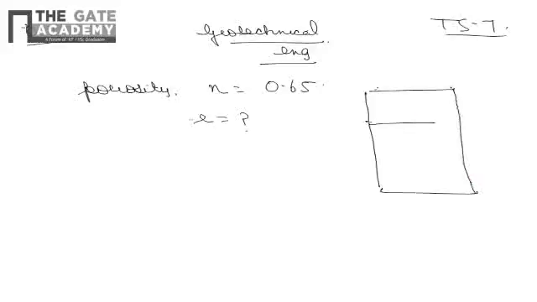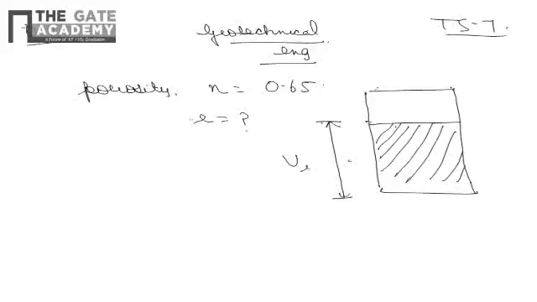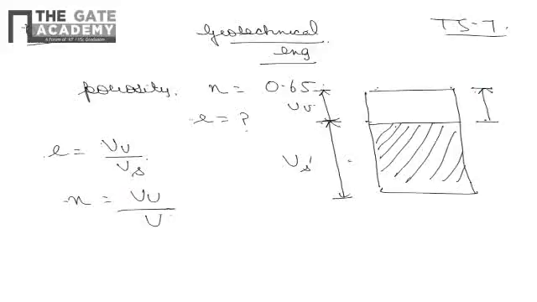So if we talk about the two definitions, let us say this is the soil mass which is having volume V, and this is the voids, which is represented by volume of Vv. Now if we talk about the definition of e, or void ratio, it is volume of voids to volume of solids, and porosity is volume of voids to total volume. So if we write volume of voids as e, then from equation number 1, the volume of solids will become 1 and the total volume will become 1 plus e.